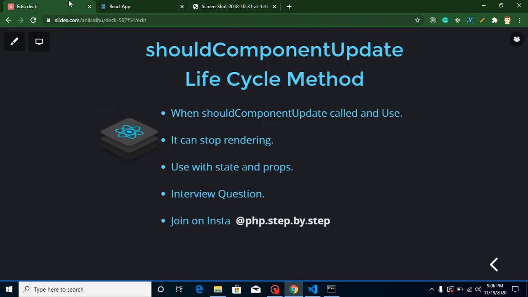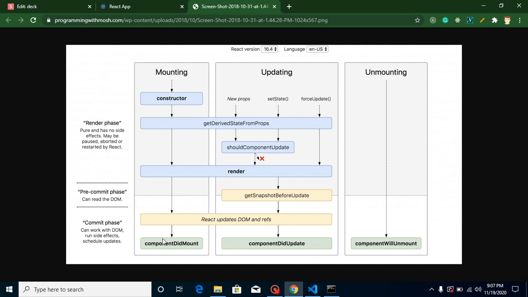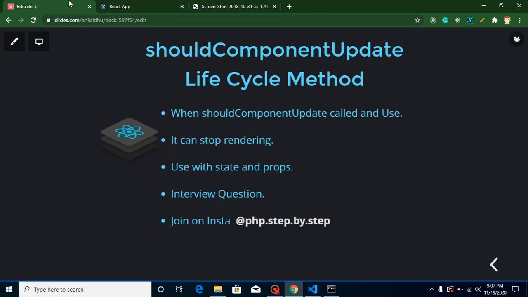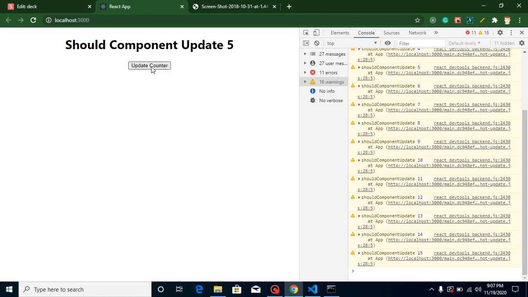Now let's jump to my previous video's question. I asked, can we call an API inside componentDidUpdate? Yes, you can call it if you want to call your API on a conditional basis, right? But if you don't want to call your API on a conditional basis, then you must call your APIs inside componentDidMount or any button click event, right? Create any function, let's say, and this function is called on this update, and then you can call it.